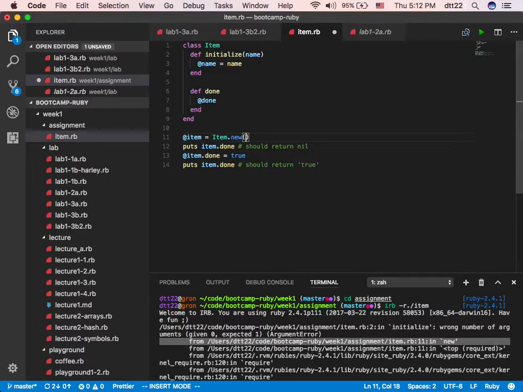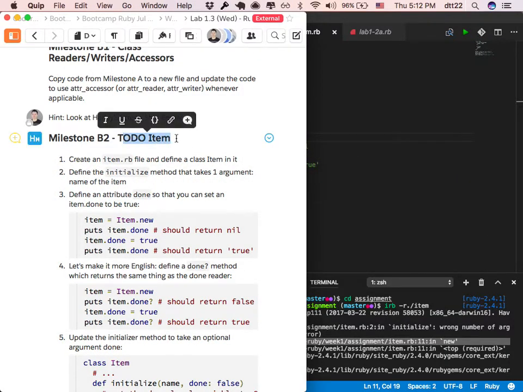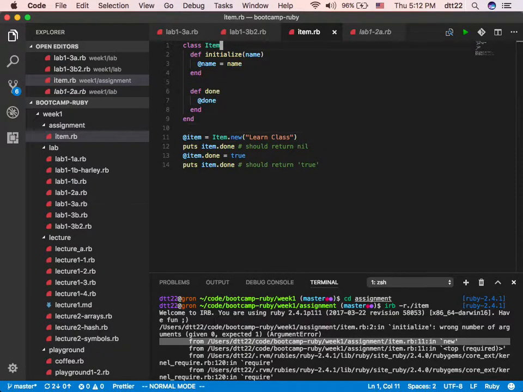Okay, so new name. So for example, I'm going to say learn class. This is our one item we want to do. So we're talking about a to-do app. So here, it's a to-do item, so it's like a task. With a task, we think about what we need to keep track of in a task. So we have an item name, a task name. Sorry, I named it item already, so you just think about it as a task if you prefer. Alright, so if I run this now,